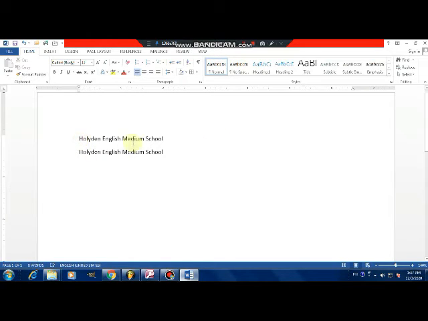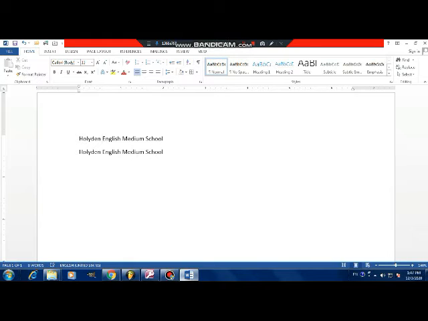The next one is the space bar. Now what is the use of the space bar? We want a space between holiday and English. You can see there is no single space between them, so it reads as one common word. We have to make them separate and isolate these words. So insert the cursor in between holiday and English, and then press the space bar. It will insert a space between holiday and English.